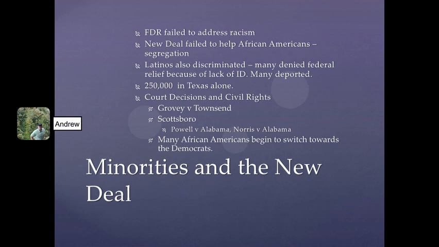One of the things FDR kind of gets a bad rap for initially is that he failed to address any sort of racism with the New Deal. And so even though the New Deal is going to be set up to help people, it's really going to leave out minorities. Due to the fact you had segregation, the separate but equal ideas set up by Plessy versus Ferguson, these New Deal programs are really not going to help minorities. With mortgage relief and all this sort of stuff, banks aren't going to help out African Americans because they're going to see it as not beneficial to them, and it won't give them the helping hand that they need.